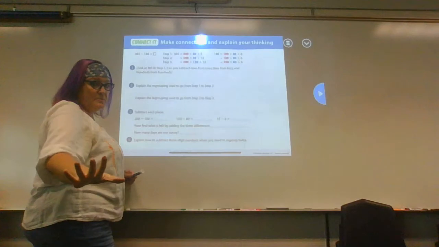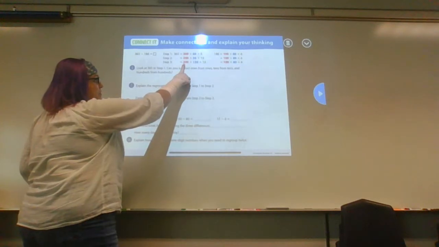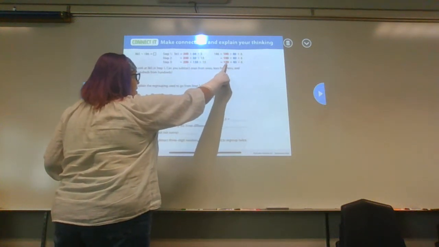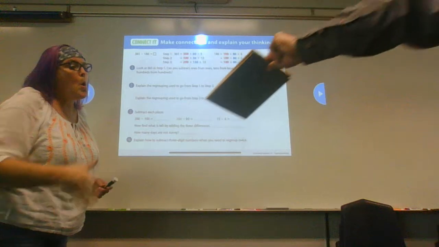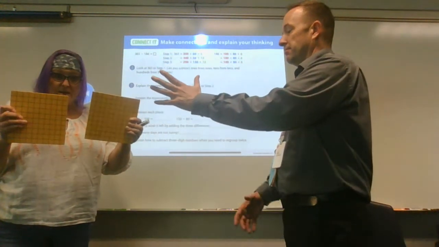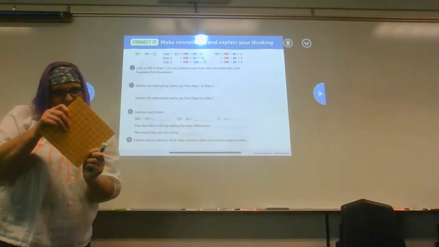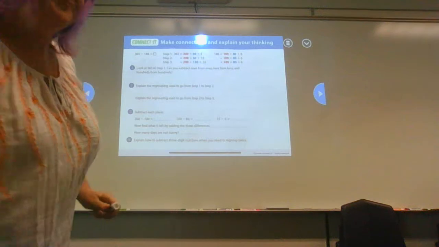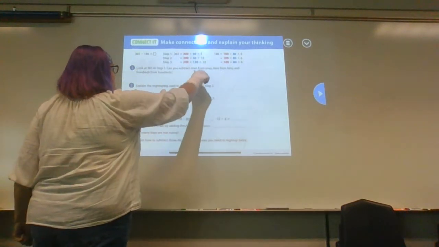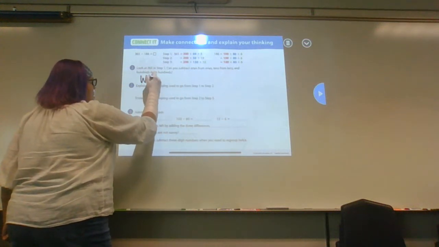Now, let's just make sure, because it asked us to look at ones, tens, and hundreds. Can we do hundreds? 200 minus 100? I need a 100, Miss Jetson. Okay, well, here, look. Here's 2. He needs 1. We both have 1. We have enough. Yay! No regrouping. So, can you subtract ones from ones, tens from tens, and hundreds from hundreds? We cannot